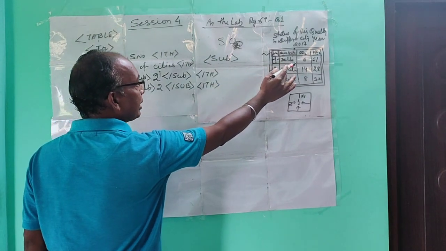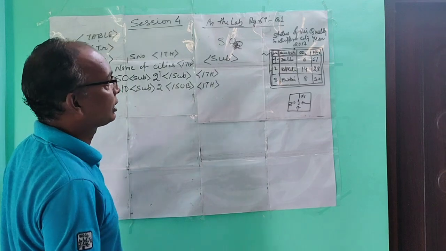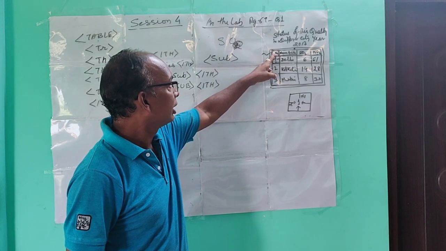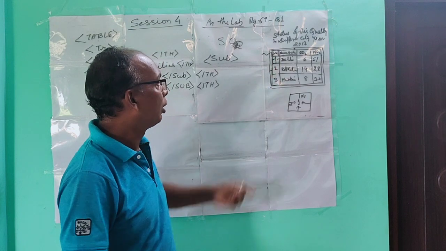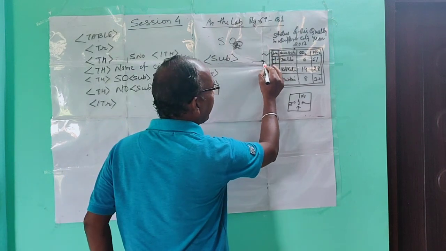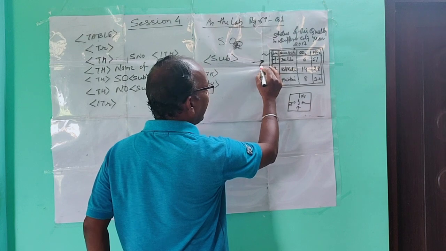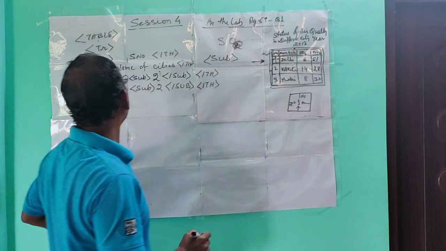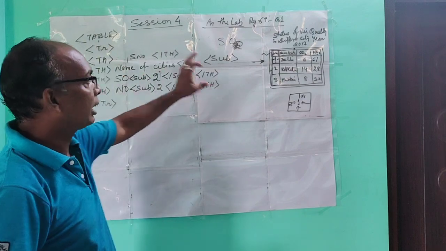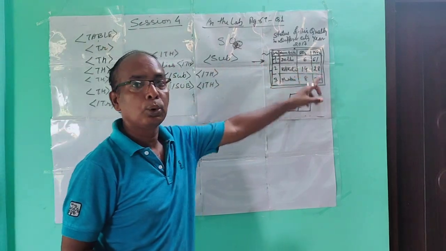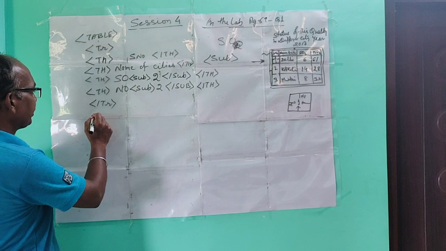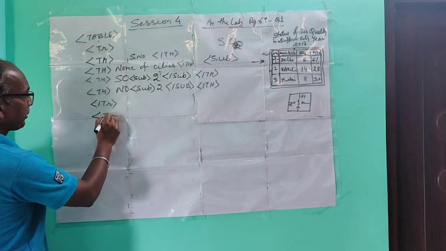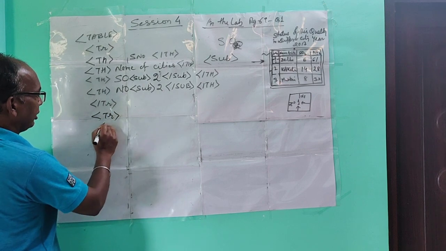1, Delhi, 68, 61. Don't write the data serial numbers 1, 2, 3. You have to go through it this way. The data should be entered row wise, not column wise. Here I am using tr for row wise, so data should be used row wise. Don't make mistakes. For the first row finish, for the second row start tr again, then give